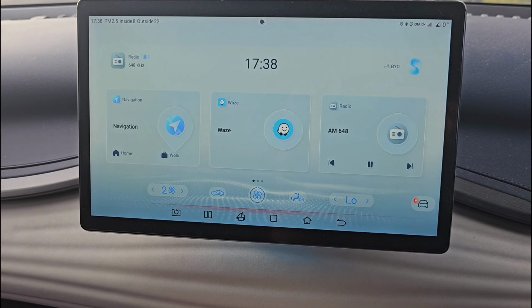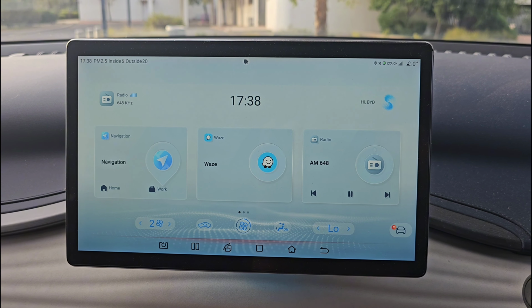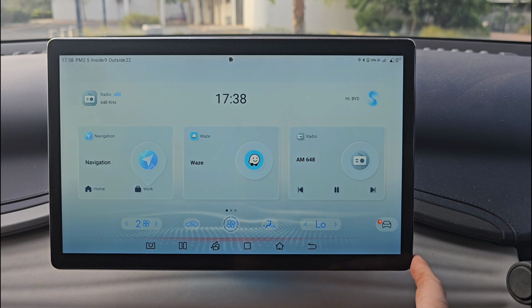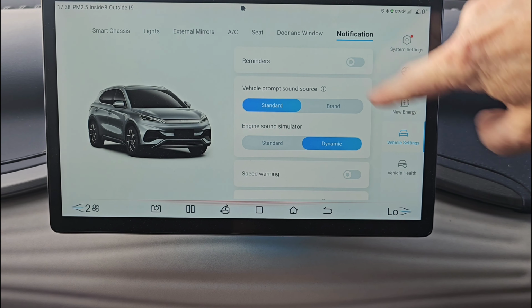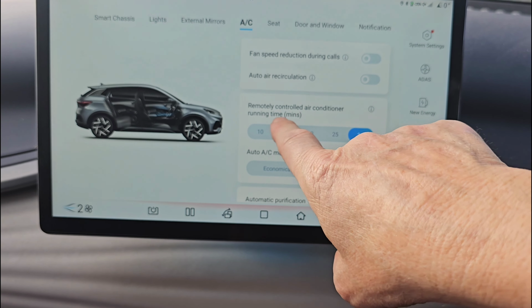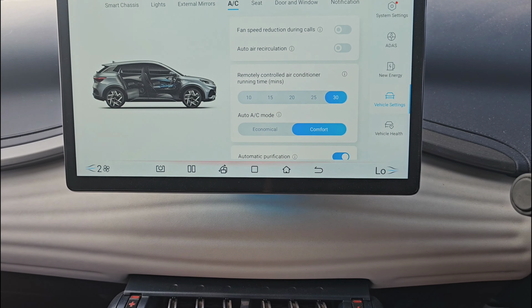I'm just going to do a video about the auto cooling system and what you can do when you leave the car if it's warm and you just want to leave the aircon running. Of course you can't just leave the car and lock it, at least not with my version anyway. So you go to vehicle settings, air conditioning. This one here, remotely controlled air conditioner running time, is set for 30 minutes. And then of course if you leave the car and turn it all off,